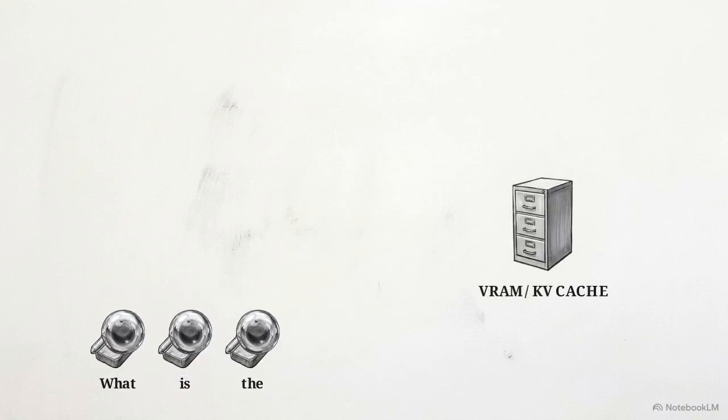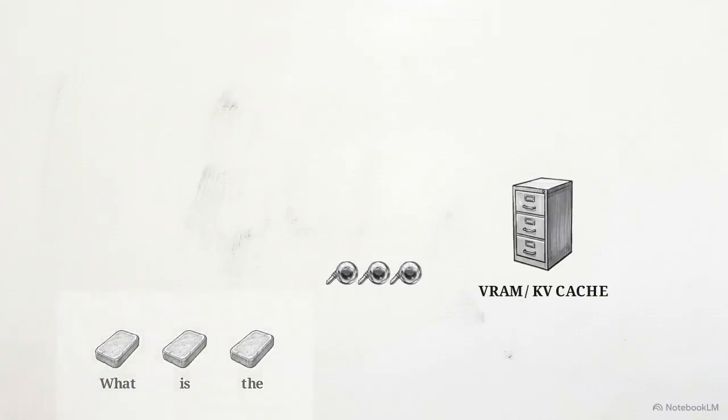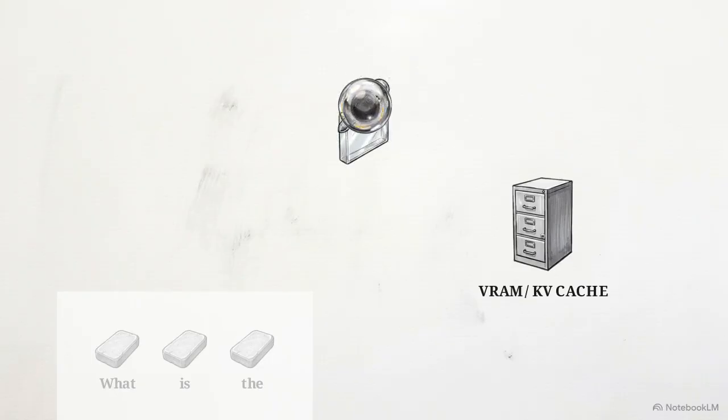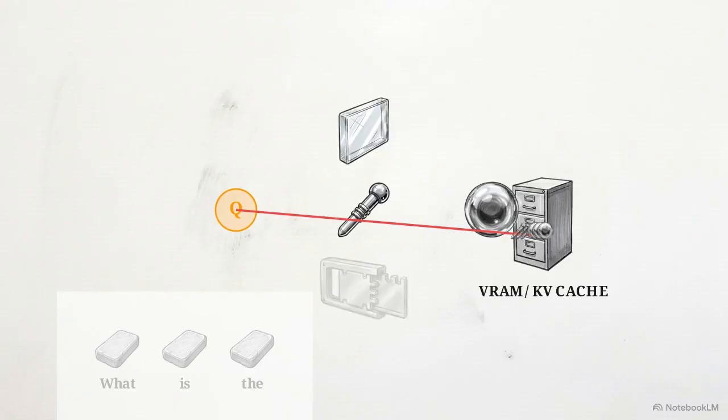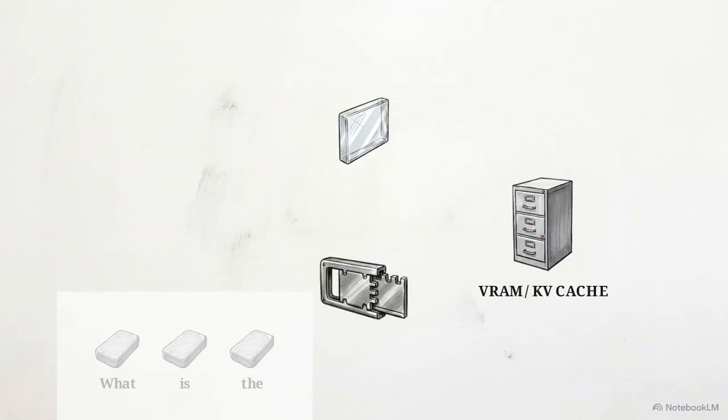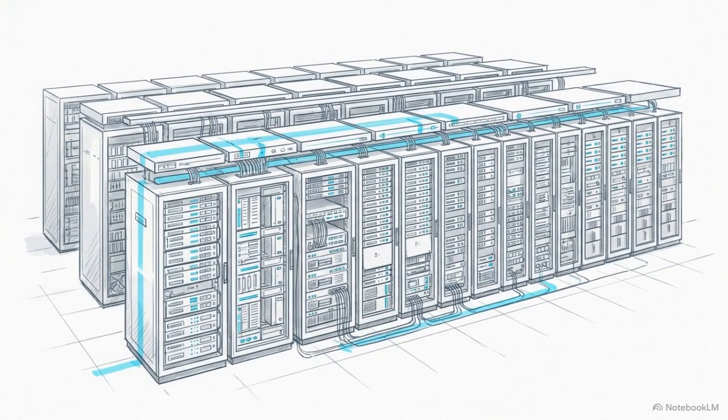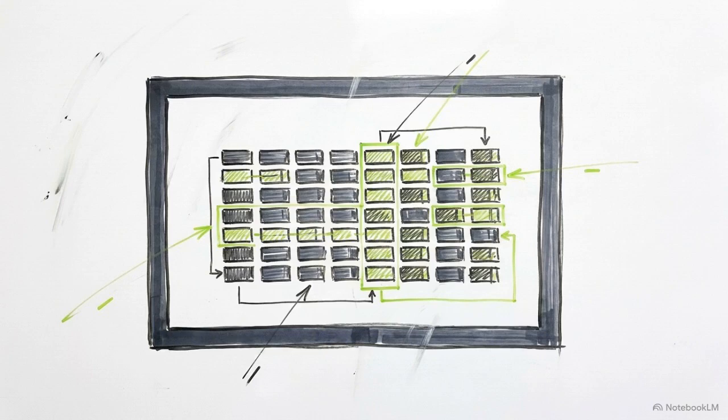The model offloads the calculated key and value matrices of all previous tokens into VRAM, storing them for immediate access in future cycles. Because the past context is stored, the model only needs to calculate the query, key, and value for the most recent token in the window. This optimization prevents the system from reprocessing the entire prompt with every new word, allowing for the near-instant generation of text. By step 4, the data has passed all 96 blocks. The final vector exits the last transformer layer as a highly refined representation of context.